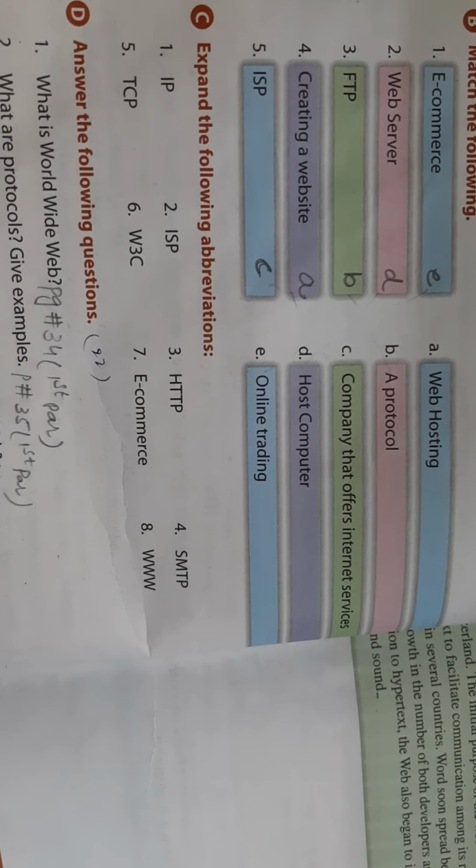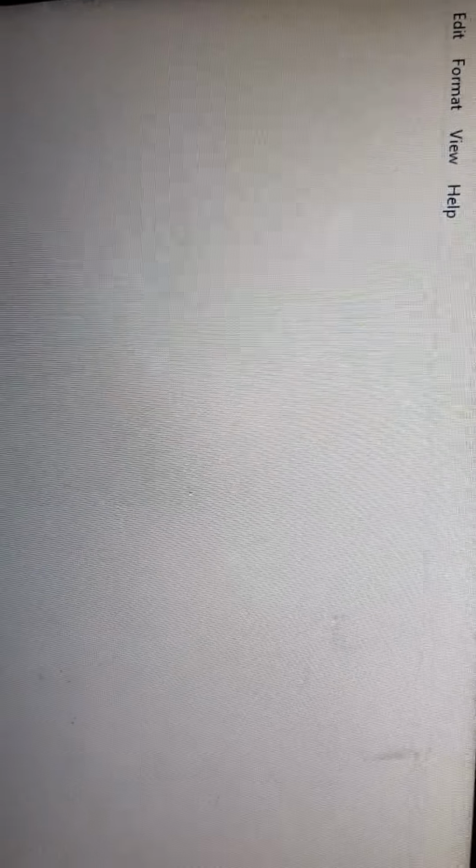I hope you all have done that. Students, all of you know how to open Notepad. First you will click on Start button, All Programs, then Accessories. In Accessories you will click on Notepad. Practice this at home as homework.